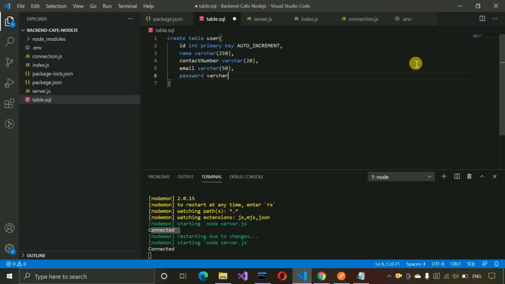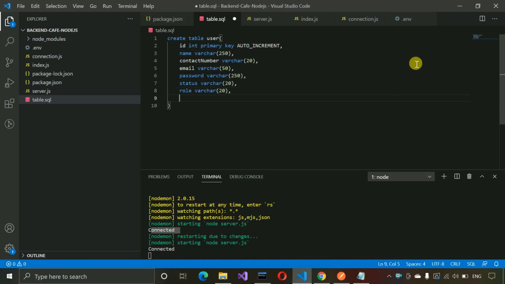I'm also going to write varchar, and let's make it 250, and status varchar, make it 20, and after status the next is role, so varchar, and here I'm going to write 20,